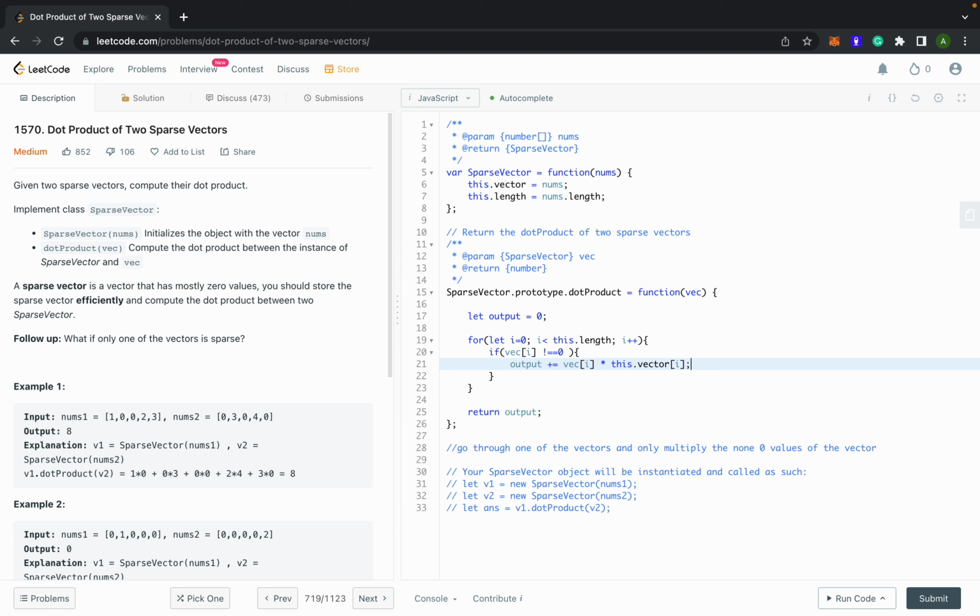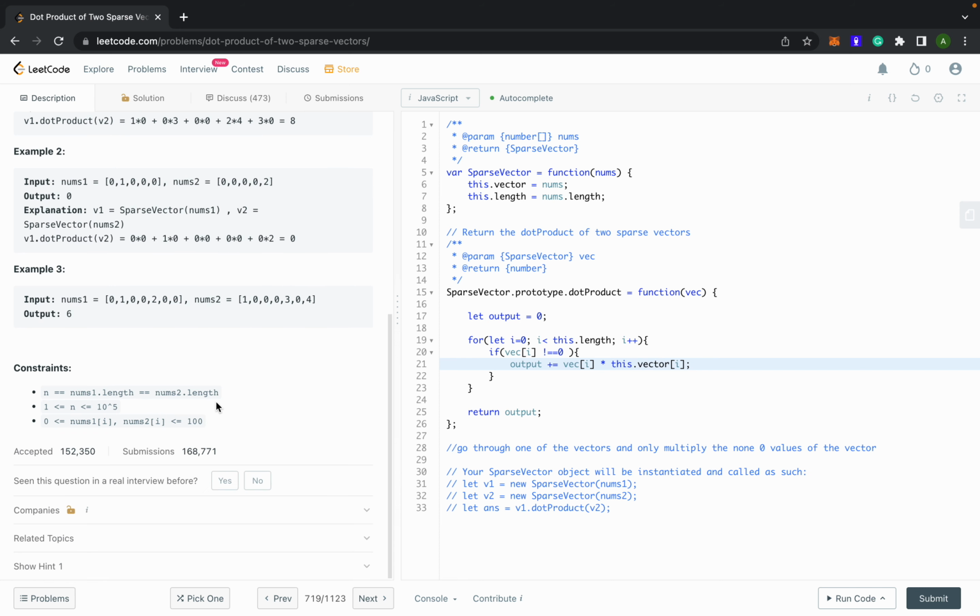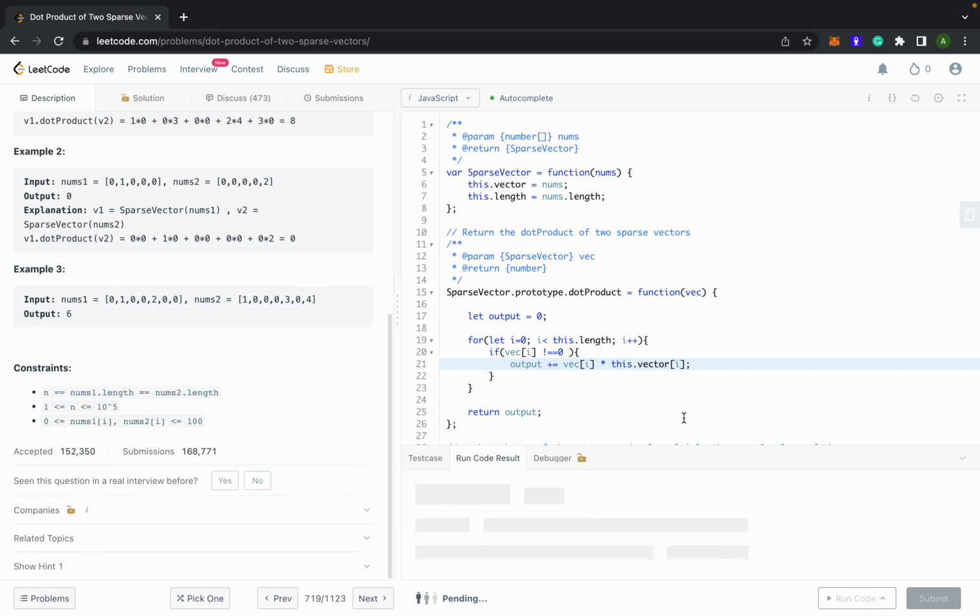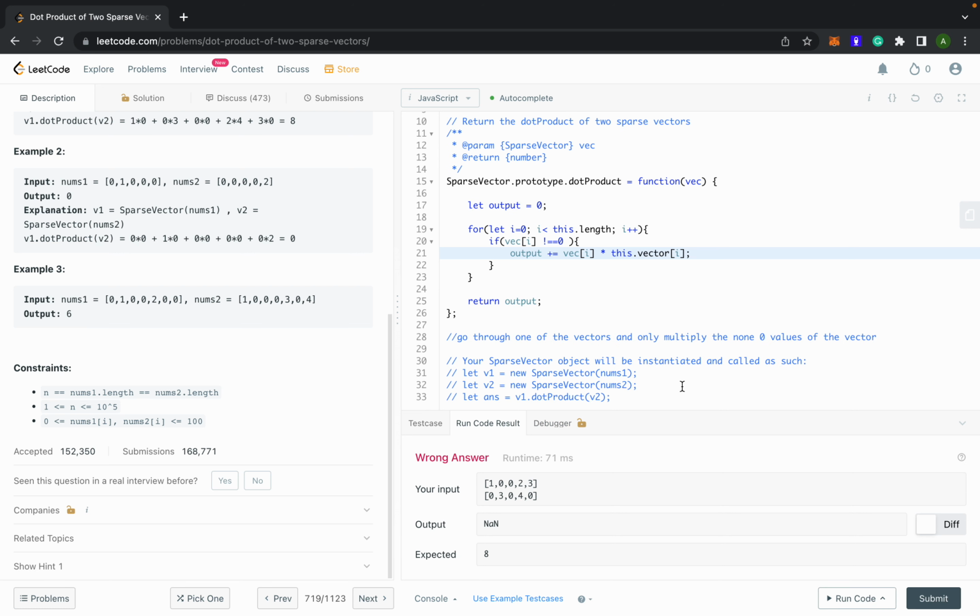Okay, so I think this could work. But it's kind of like an O of n solution, and I think I could do better, right? But let's just try and check that this works first. Oh my god, it doesn't work. Okay. We're just going to see why it doesn't work. Okay. Oh, because vector is actually equal to,